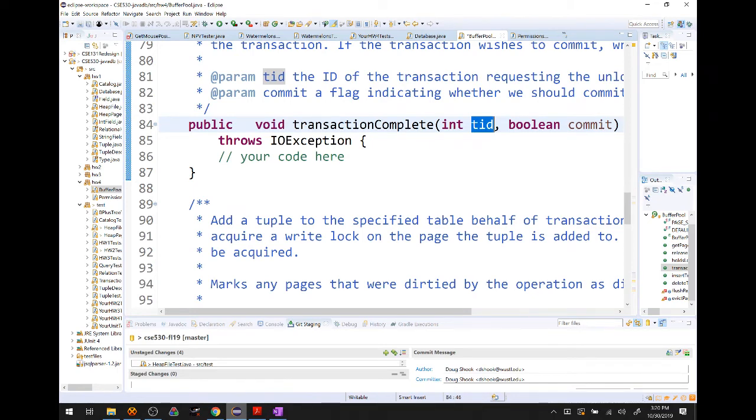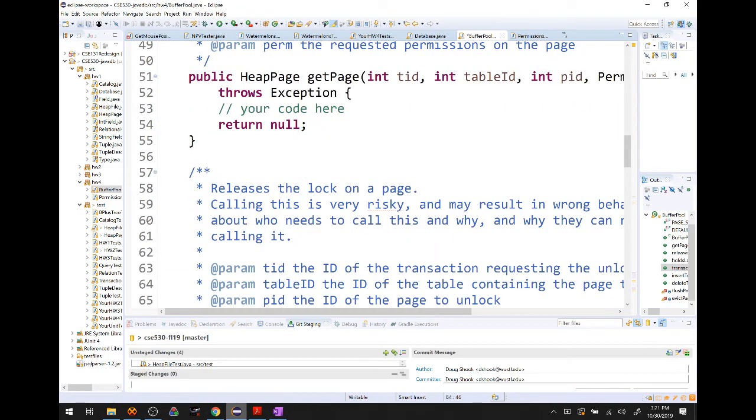Also notice that I'm not asking you to create schedules here, right? I'm simply asking you to perform whatever tasks the transactions are being requested. So in that sense, you can think of this part of the database as executing on an already predetermined schedule, right? You don't have to worry about the two-phase locking so much. You can assume that what's being passed to you is already going to follow the proper two-phase locking protocols. Or actually, you're enforcing the two-phase locking by acquiring the locks and releasing the locks in particular situations.